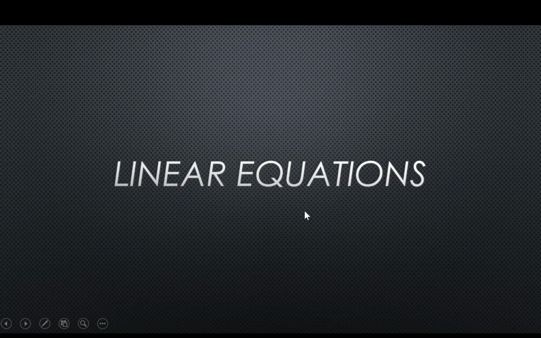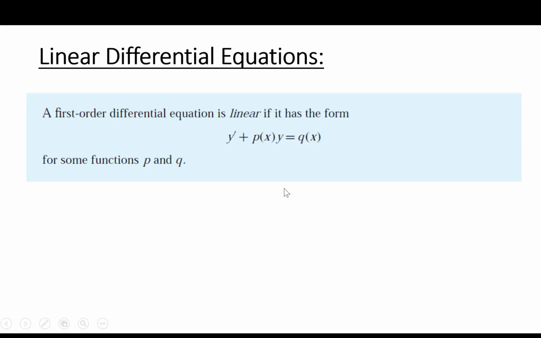this is what we call a linear differential equation, or linear equation as an abbreviation. And then we're going to talk about the form of the linear differential equation. So what is the form that, whenever we see it, we can say it is a first order linear differential equation? If we look at this equation here, we can call it a first order differential equation and linear at the same time. So a first order differential equation is linear if it has the form, as you can see,